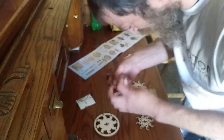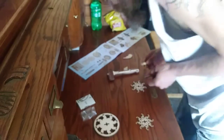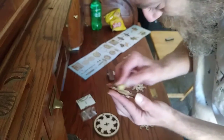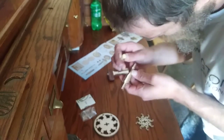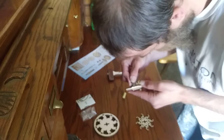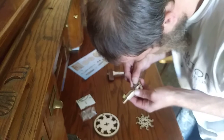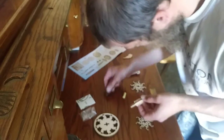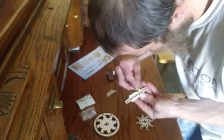Breaking out our wax, looks like it's about time. As you can see, just a tiny little candle. And to make this go in a little easier, clean up a burr or two. This piece is going to slide in, so we're waxing it in order to make sure